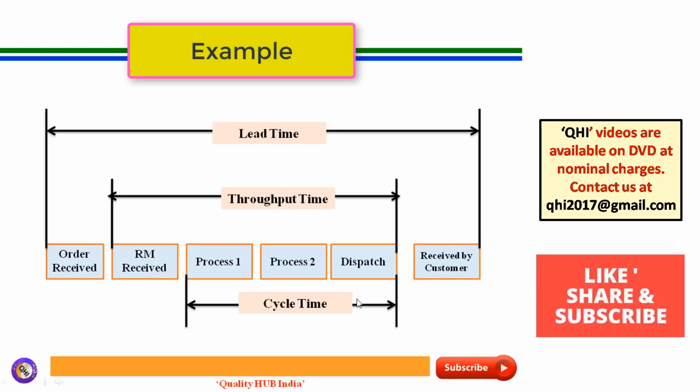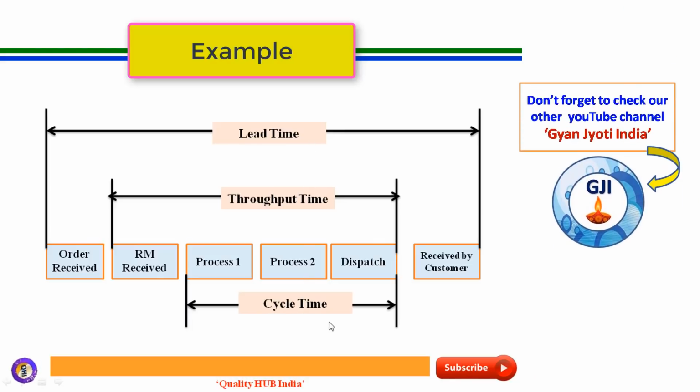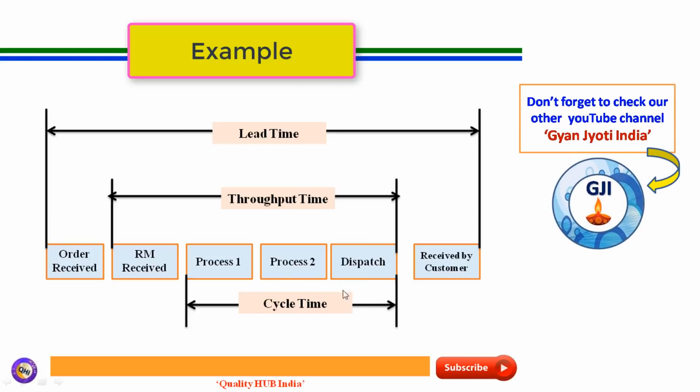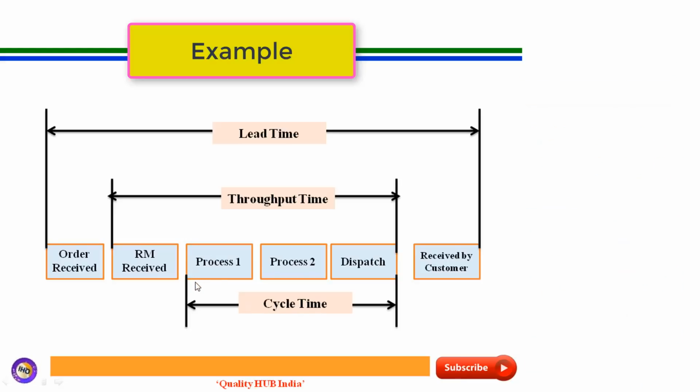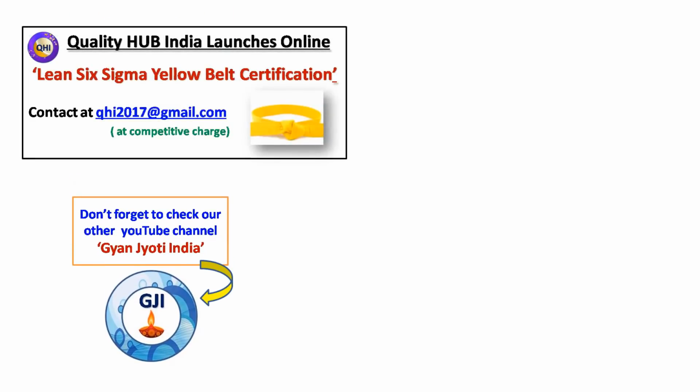So friends, you can see over here, out of all these three times, cycle time is the shortest time and lead time is the maximum time. So here the cycle time is the total time of manufacturing till dispatch. Now on certain occasions, we also need to calculate the cycle time of a particular process. So the cycle time to complete that particular process would be the start of the process till the end of the process. Now here the cycle time is the total cycle time of all the processes combined together. So friends, I'm sure you must be now clear about the differences between lead time, throughput time and cycle time.